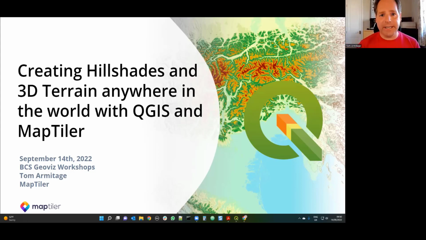It's going to be using a lot of plugins with QGIS to bring in some extra functionality to make things look even more special, but we're not going to resort to any other software at any point other than jumping into a web browser to sign up for a MapTiler free account so that you can access the data from there. So that's the element of being able to do this for anywhere in the world, because MapTiler are providing this 3D terrain layer for the whole of the planet. It's about 30-meter resolution, just a little bit higher, and so yeah, we'll be using that to create hillshades, and